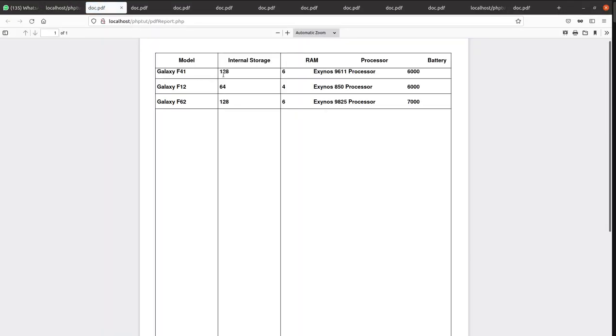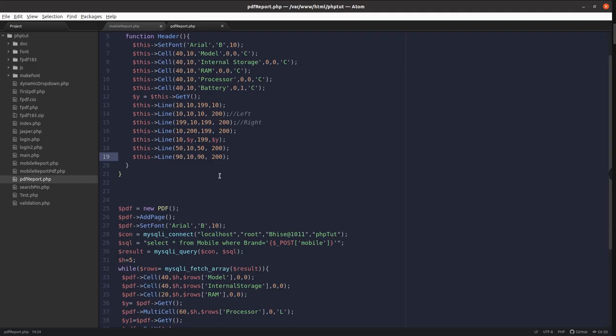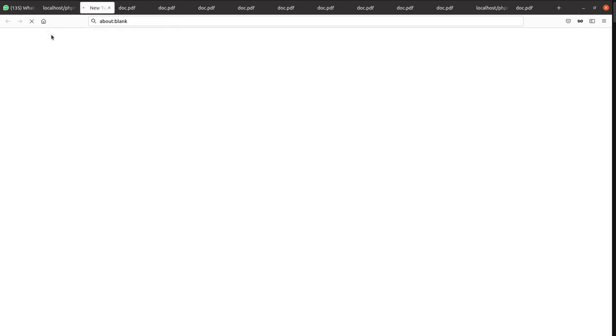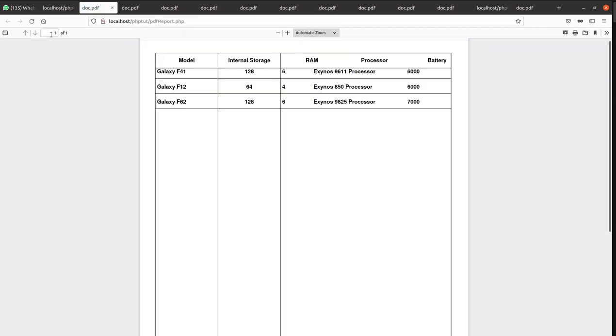Okay, now observe something is missing over here. This does not look good. 128, 64, 120. So what we can do, we can align them at center. So that parameter we can provide over here, center. Okay, so let's check. Yeah,